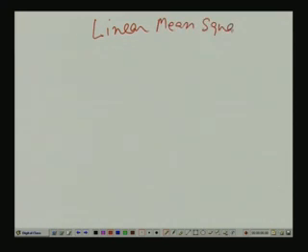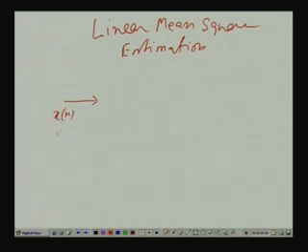Here for simplicity, I will consider only the real valued signal, and then I will give you the result for the complex valued case, but I will not derive them. Again I will be considering only FIR filtering, not IIR, because that is more complicated. Here you have a random process x[n], and you want to design an FIR filter, the so-called optimal filter,